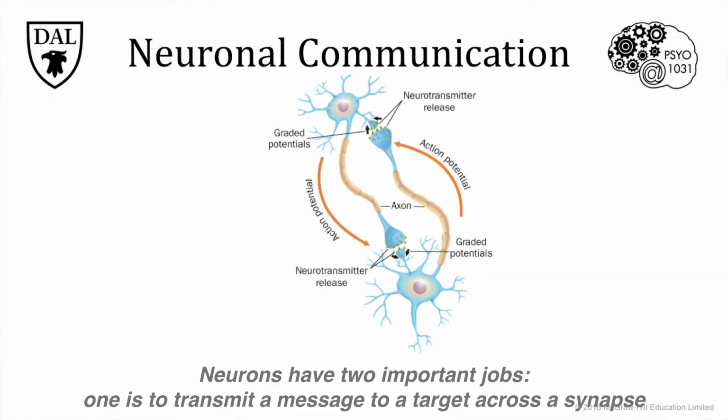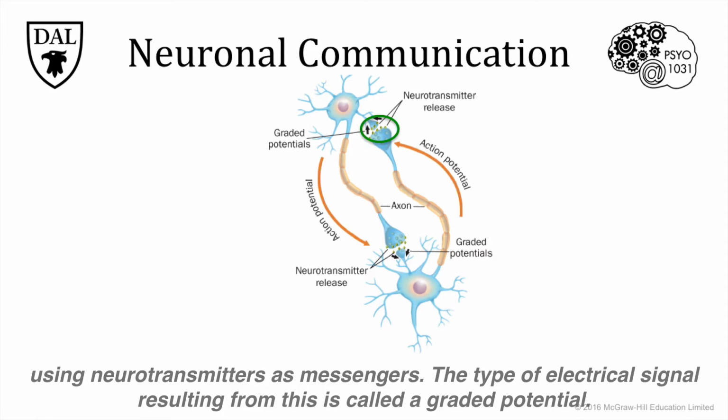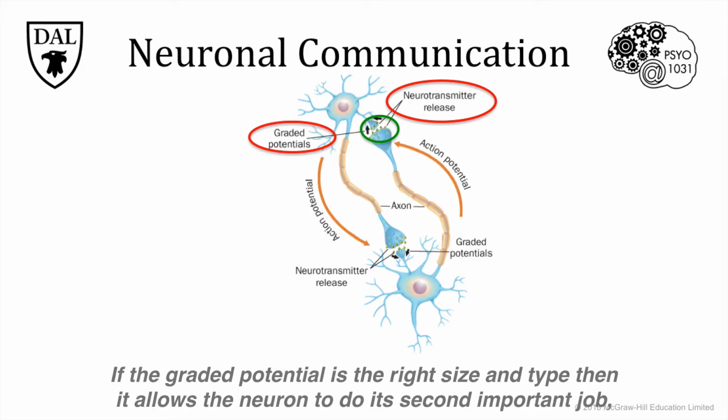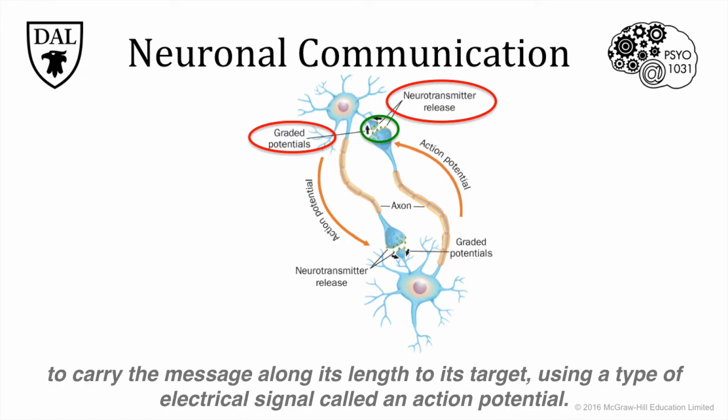Neurons have two important jobs. One is to transmit a message to a target neuron across a synapse, using neurotransmitters as messengers. The type of electrical signal resulting from this is called a graded potential. If the graded potential is the right size and type, then it allows the neuron to do its second important job: to carry the message along its length to its target, using a type of electrical signal called an action